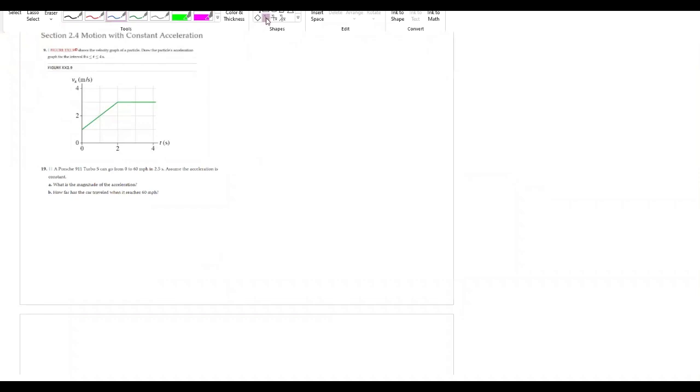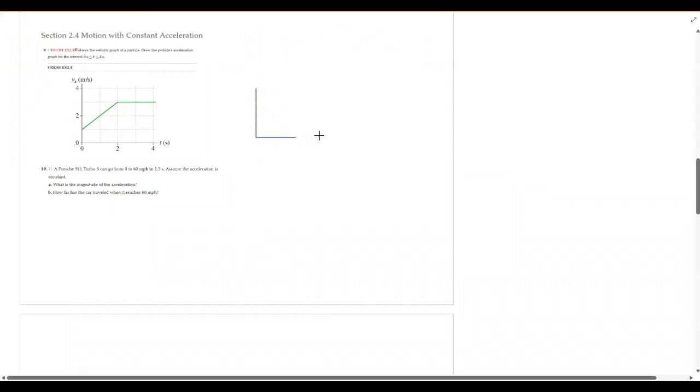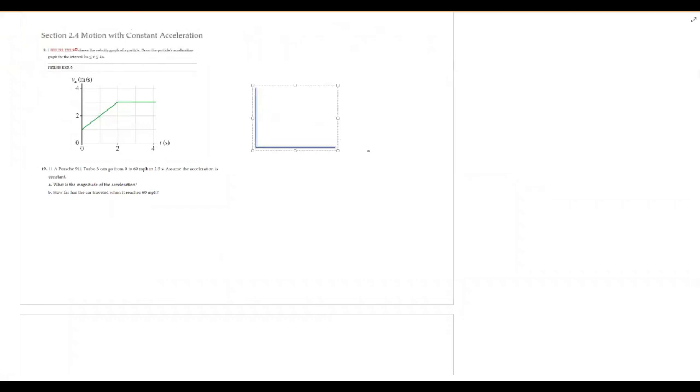So I will draw here my graph of acceleration. This will be time. This will be acceleration in meters per second squared. And this is time in seconds. Now, from 0 to 2, what is the acceleration that we have in this case? We know that the acceleration